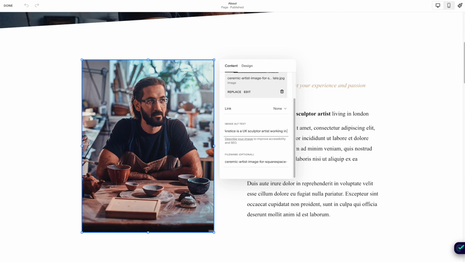working in his art studio. So we've got the keyword in there, and we've also got more of a description for this image. So you can see how I've actually explained what the image is, as well as adding some keywords in that description. So that's image alt tags. It's really easy to do. Just be mindful and remember to be as descriptive as you can and make sure it's relevant to the specific